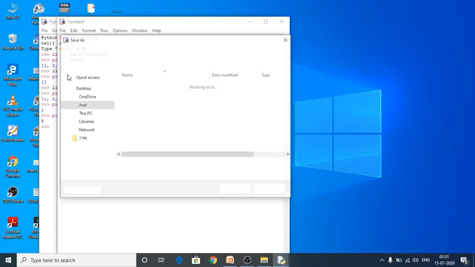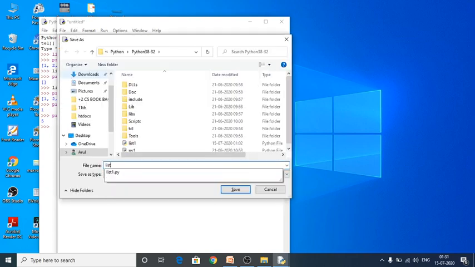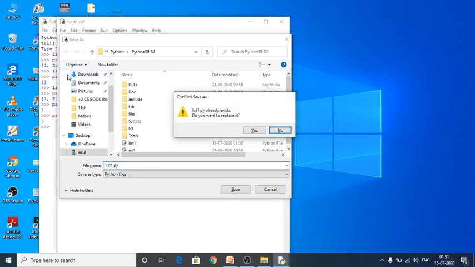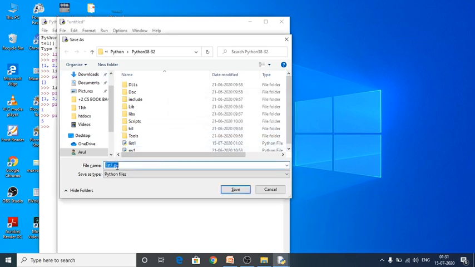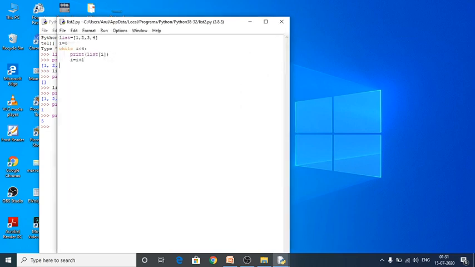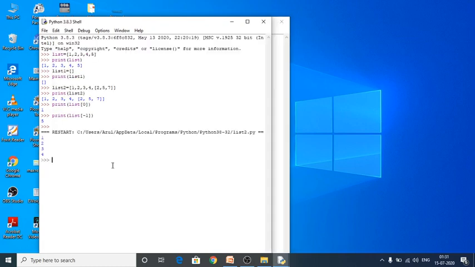List1.py is already there, and it asks whether I want to replace it. So no, I'm going to give list2.py. Now I'm going to execute my program. To execute, press F5. Yes, 1 2 3 4, retrieving the elements one by one.